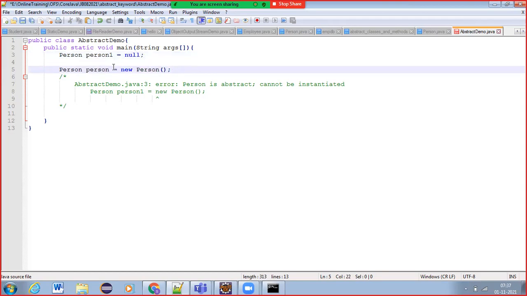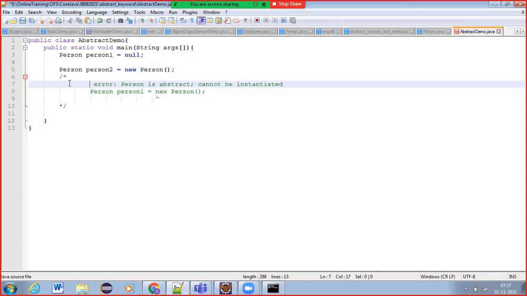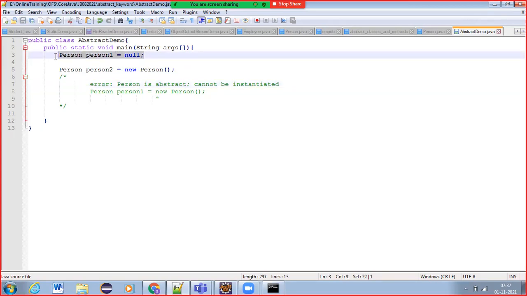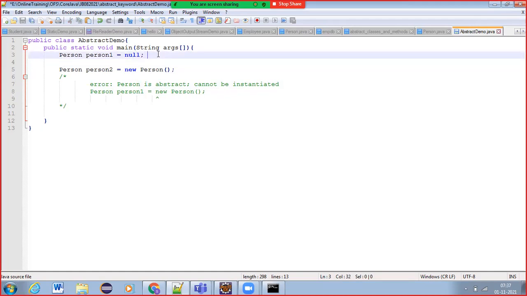But an object, person2, you cannot create. You cannot create an object, but you can create a reference variable like person1. Only a reference variable we can create. This is an allowed, valid statement.